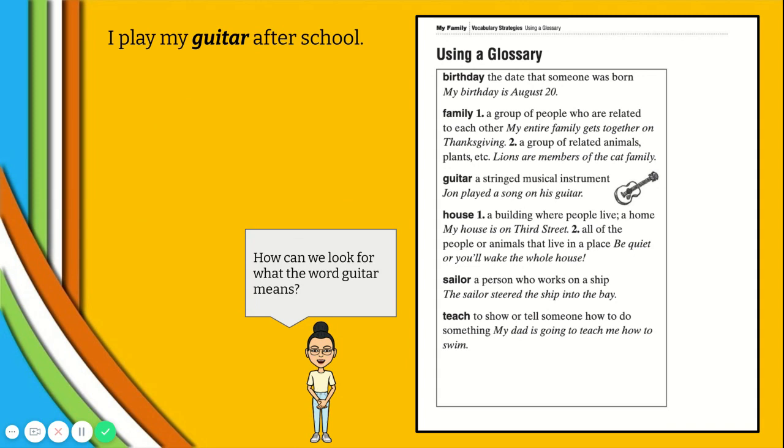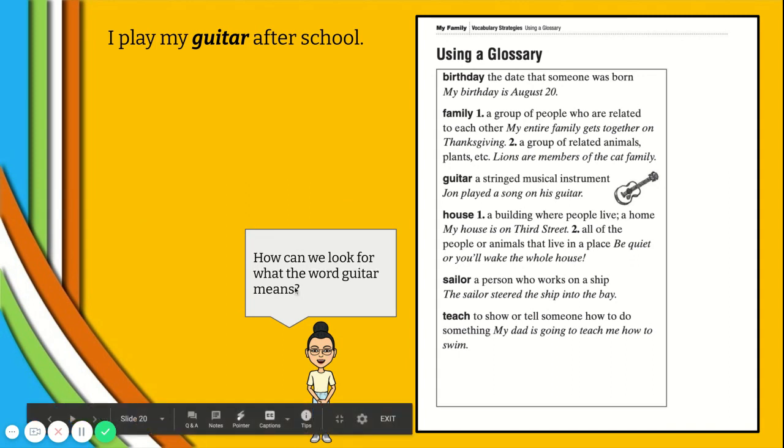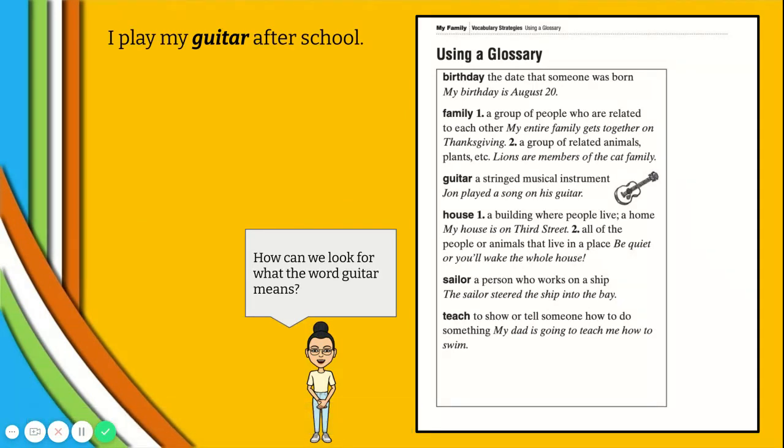All right, you go ahead and read that sentence. I play my guitar after school. How can we look for what the word guitar means? Go ahead and discuss that with your teacher. Good job. We can look for what the word guitar means by looking at the glossary and looking for the